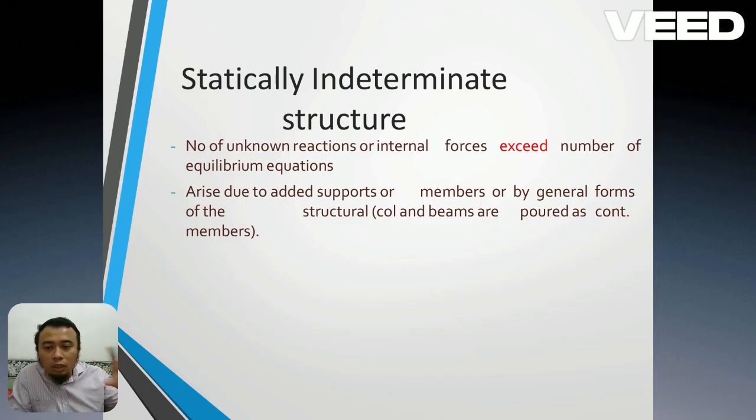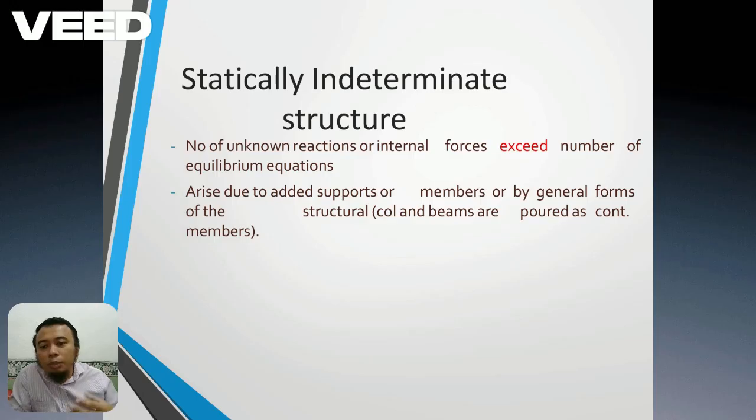Because it is monolithic, your beam is joined to the column monolithically, since you cast the concrete in a continuous structure. Hence the joint between column and beam becomes a fixed support, and then the structure is stable